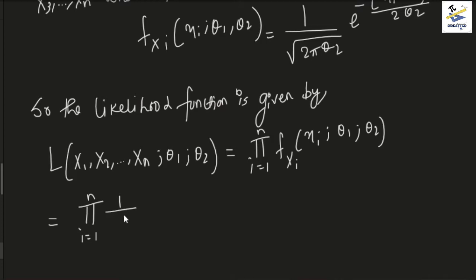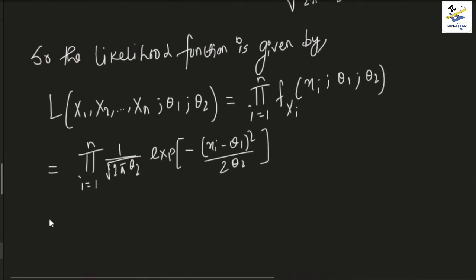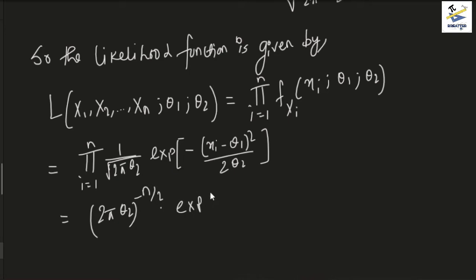So this gives us, since 1 by root over 2 pi theta 2 is a constant independent of i, this equals 2 pi theta 2 to the power minus n by 2, and the product of exponentials simply adds up the arguments, so it's basically the exponential of